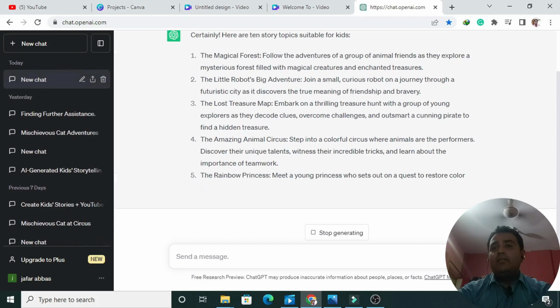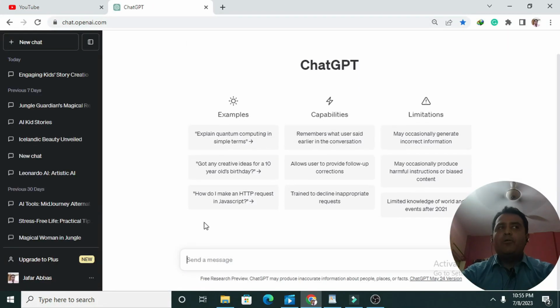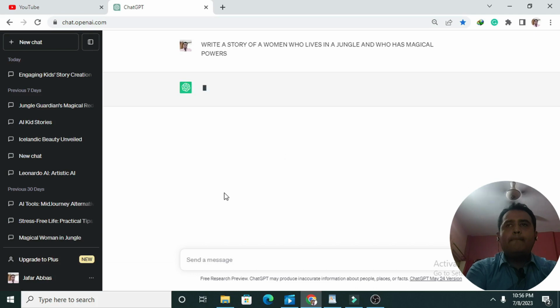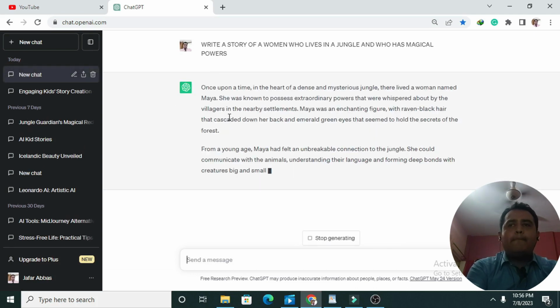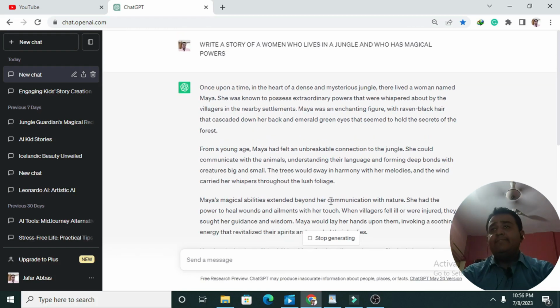So let's first create the story that we are going to use in this video. First, let's open ChatGPT to create our story. Here I am going to write my prompt of keywords so that it can generate a story for me. As we can see, it has created the story for me, and now what I'm going to do is create the illustration as per my story.